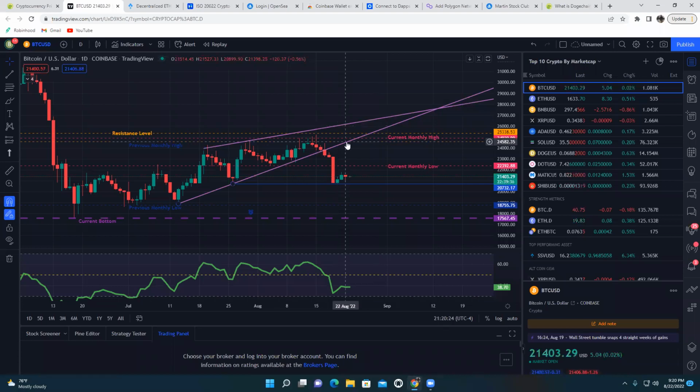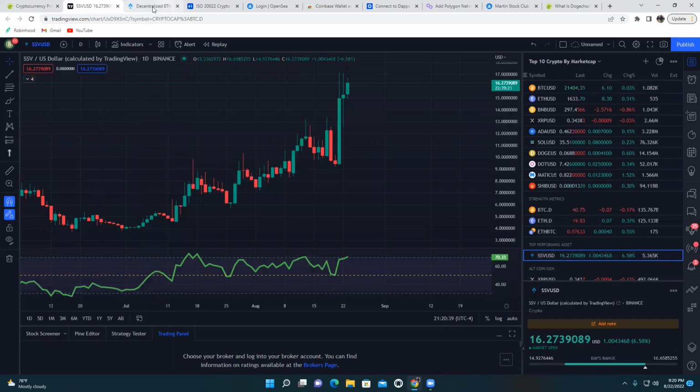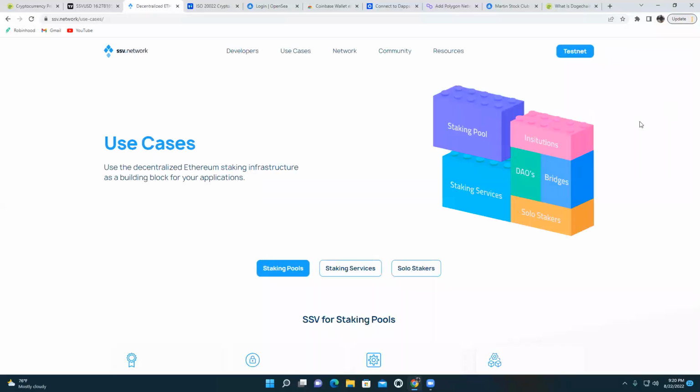And let's see. So we're gonna get into the top performing asset this week in the 7-day period, which is this cryptocurrency here. It's SSV, which I have the website for it here. So I had never heard of this project, and as of right now, it's not live. But this project, the use case for it and what's causing it to run, based off of what I read,